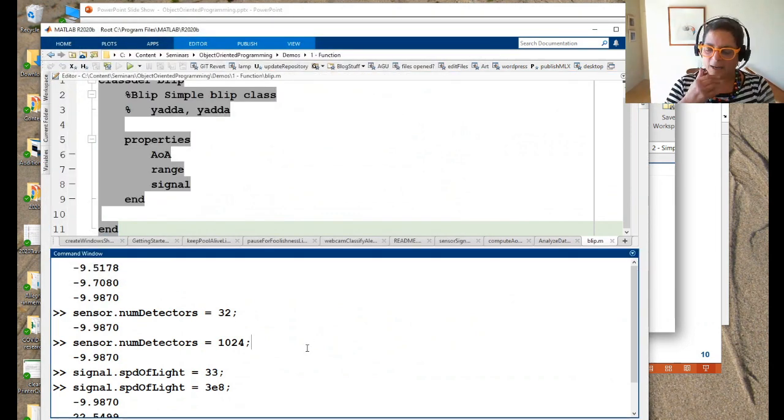Now, what can a Blip do? Well, I can say